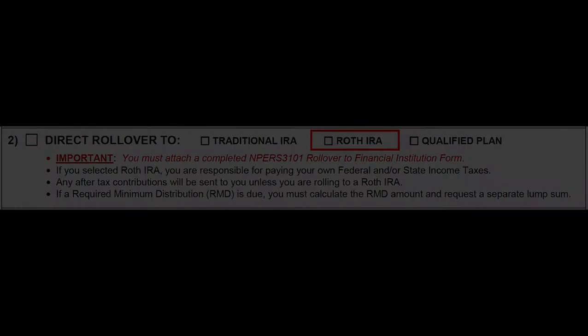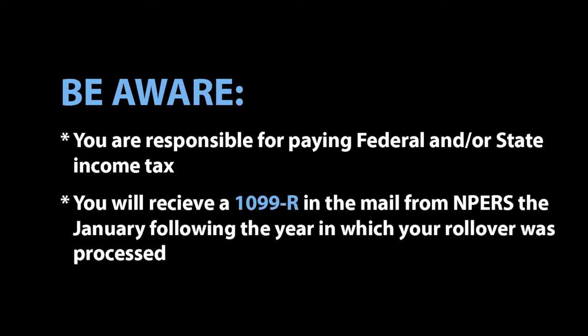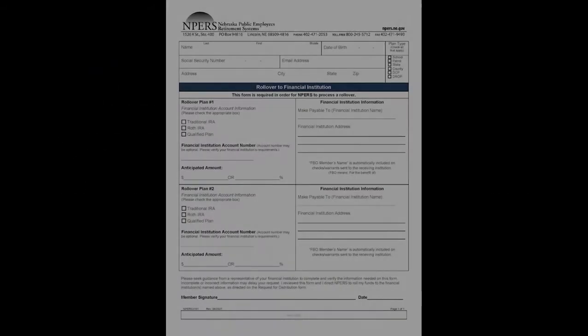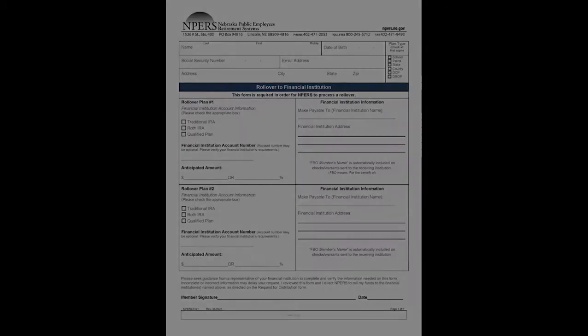As mentioned previously, you are responsible for your own federal and/or state income taxes for this option. Be aware that you will receive a 1099-R tax form in the mail from NPERS the January following the year in which your rollover was processed. You will need this form when you are getting ready to pay your taxes. To request a rollover into a Roth IRA, you will need to fill out and attach a Rollover to Financial Institution form. This form can be found at